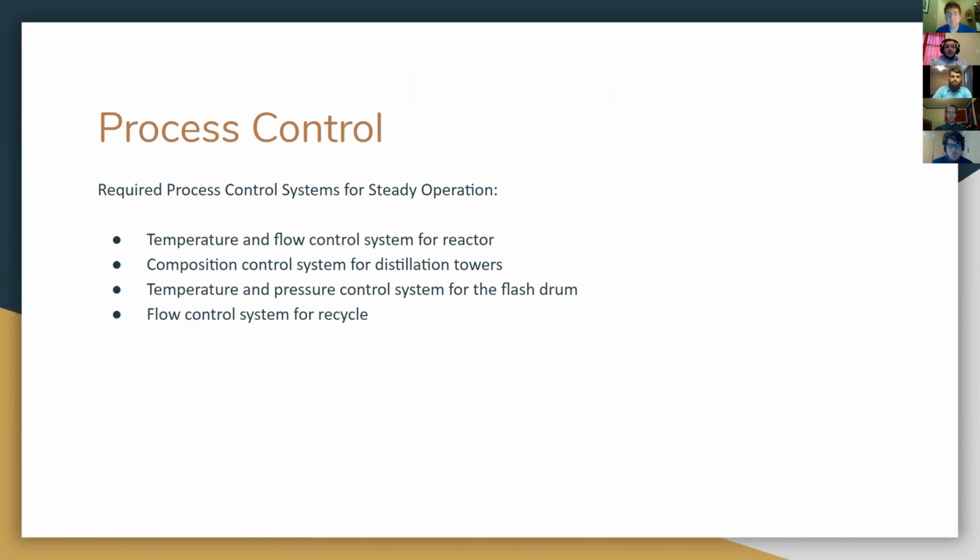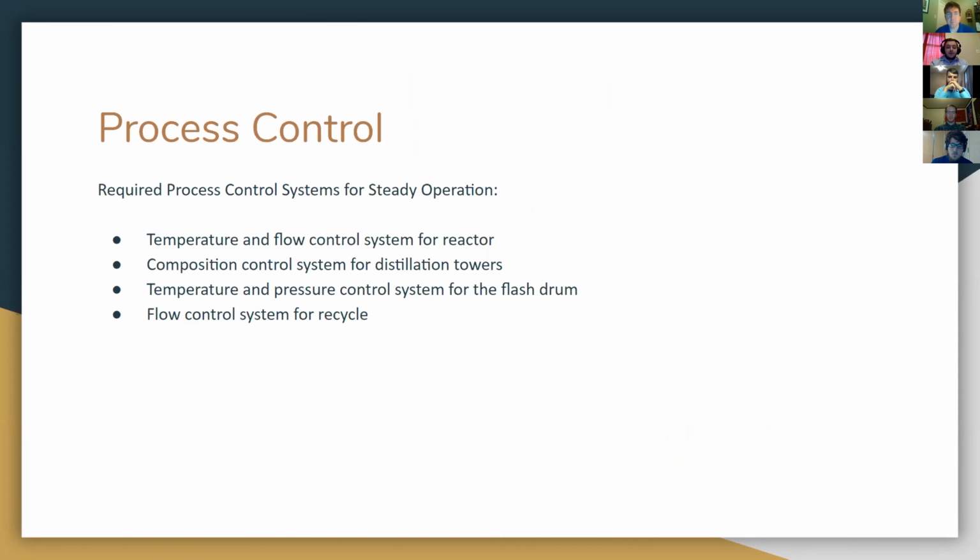And then for the process control, to maintain steady operation, we wanted to make sure we had temperature and flow control systems for your reactor, a composition control for your distillation towers. So we would actually be measuring the temperature to make sure we're getting the correct cut fraction that's coming off of each tower. Temperature and pressure control systems for the flash drum to make sure that we're getting correct separation for that, and flow control for the recycle to make sure we're having the correct ratio of hydrogen to VGO